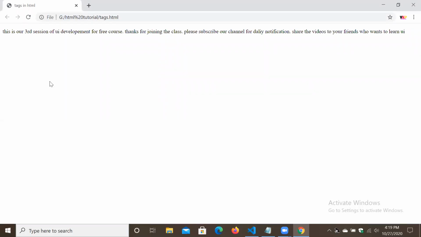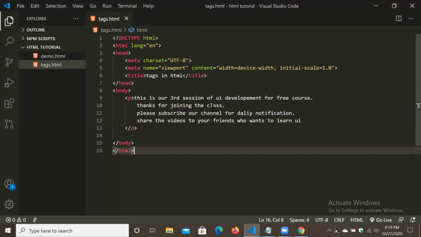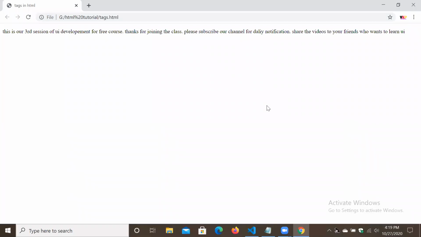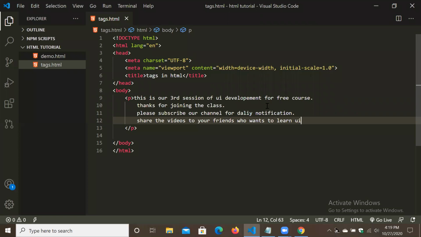Look, output. What happened? This output came in a single line. Okay, this output came in a single line, but have I used a single line for writing? No, I have used enter here. I used 4 lines, but the output came in a single line because HTML understands only tags, and the paragraph tag means the whole paragraph. So if you have to start something on a new line, you have to use another tag which is an empty tag.